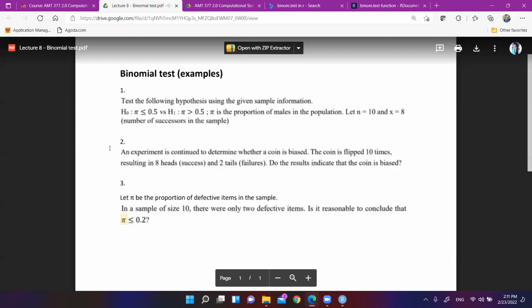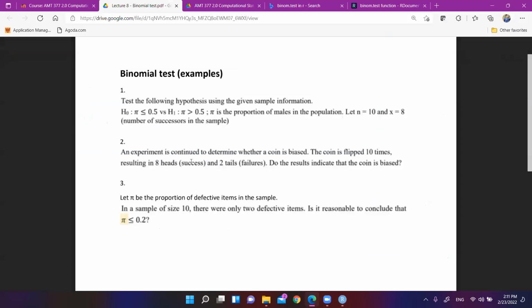Let us see. Second one: an experiment is conducted to determine whether a coin is biased. So what is the hypothesis? The null hypothesis is that there is no difference; the coin is unbiased. The alternative is that the coin is biased. That means the probability of getting a head is 0.5, or you can say the probability of getting a tail is 0.5. Both ways you can define it. Unbiased means the probability of getting a head is equal to the probability of getting a tail, and that's 0.5